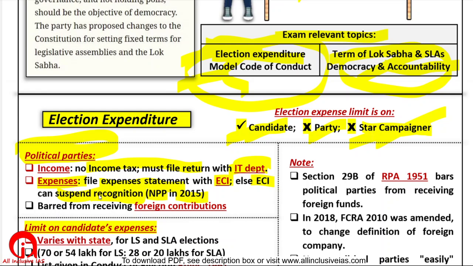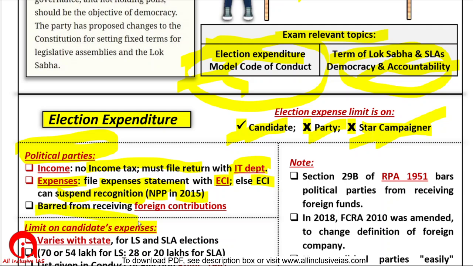Registering with the Election Commission is another thing. If you have formed a political party and you want to fight some elections, then you have to register your party with the Election Commission of India and you will get some benefit. That is registration. But once you fight the elections, get some amount of votes and seats, and fulfill some criteria, then you will be recognized as either a state party or a national party.